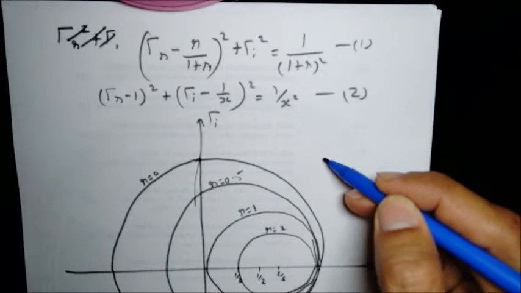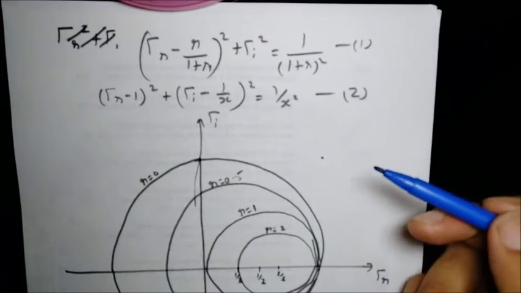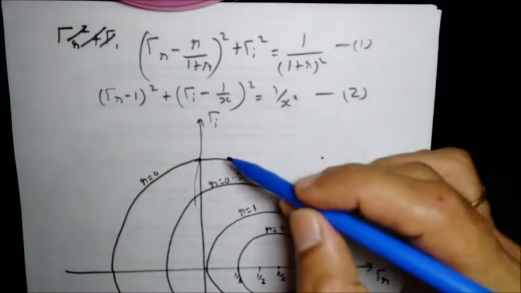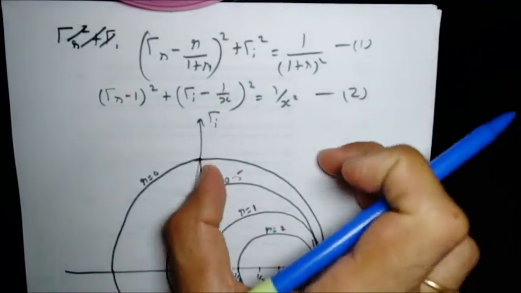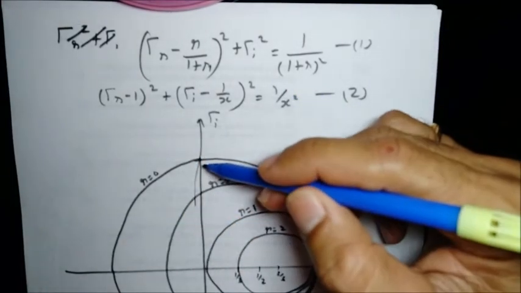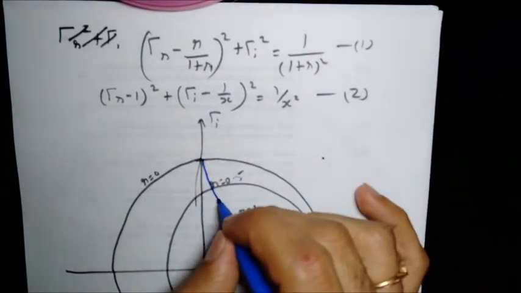I'll just put a dot here just to keep track of the center of the circle for x equal to 1. And the radius is also 1. So your circle will go like this. Since this is 1, this is also 1, your circle will be like this. So the sketch will be like this. This is for x equal to 1.